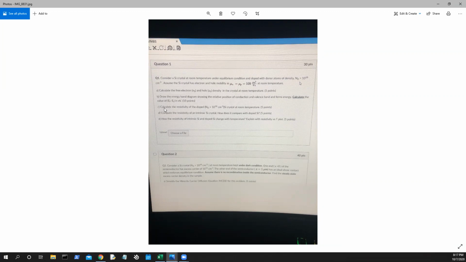Then we're on to C, which is calculate the resistivity. So this changes it up a bit. Resistivity is its own function, its own formula. If I remember correctly, I have it in my notes, but does anyone remember the resistivity equation off their head? I remember it was back near the beginning. It was a homework 2 topic. Yeah, here it is. Found it. All right. So the resistivity equation for homework 1-2 style questions is rho is equal to 1 over,